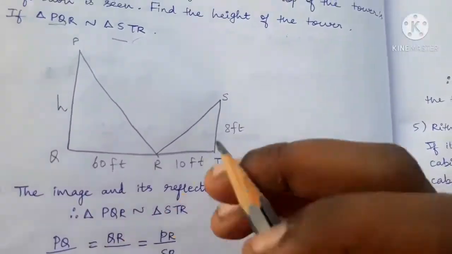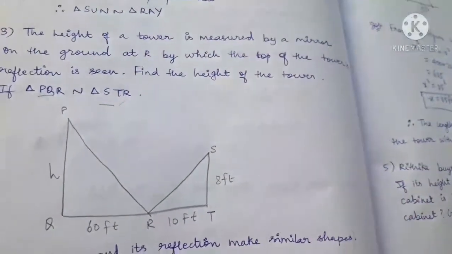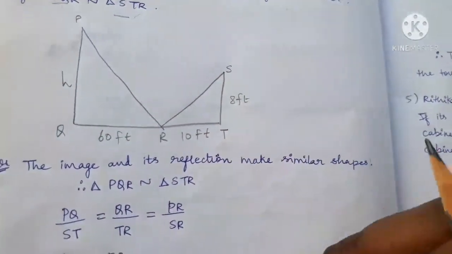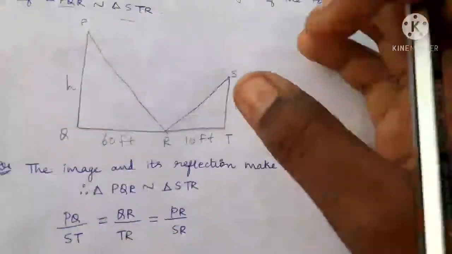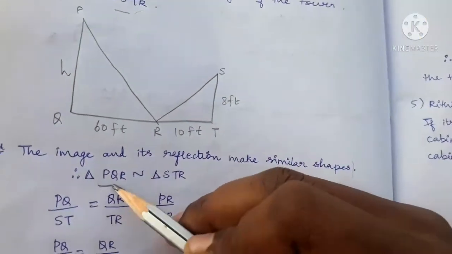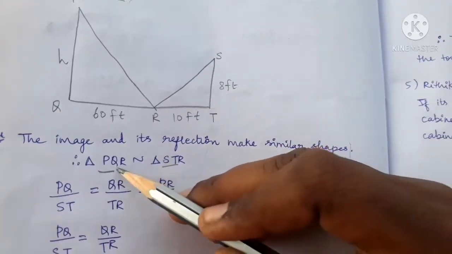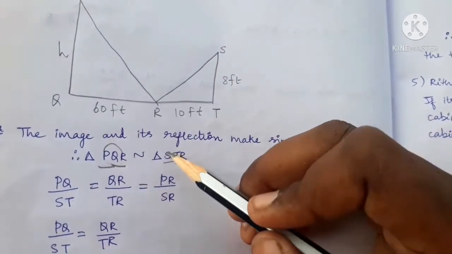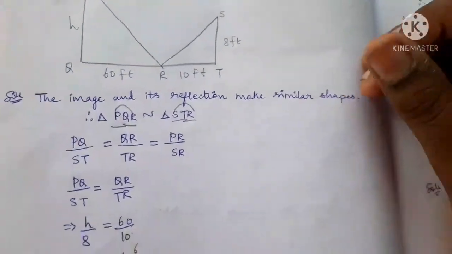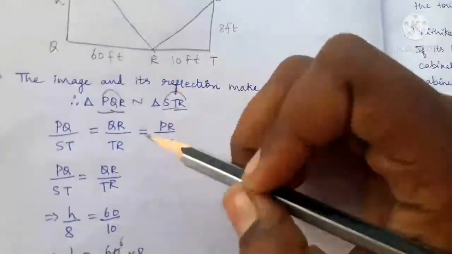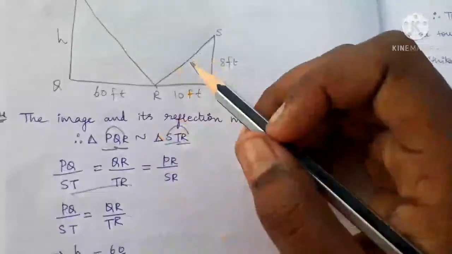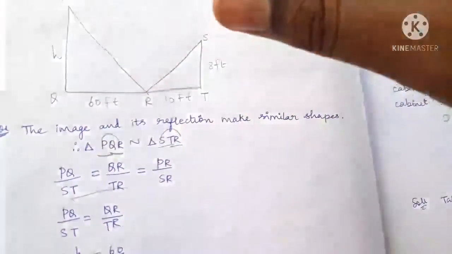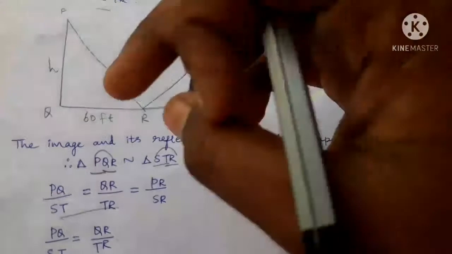Now, already in the question it is given triangle PQR is similar to triangle STR. Now, we can take all the points we need from the given. So it is PQ proportional to ST, QR proportional to TR, and PR proportional to SR. Like that you can take. I have taken every ratio, and now I am taking these two as equal. Then according to the given measurements in the question, we can find the height of the tower.